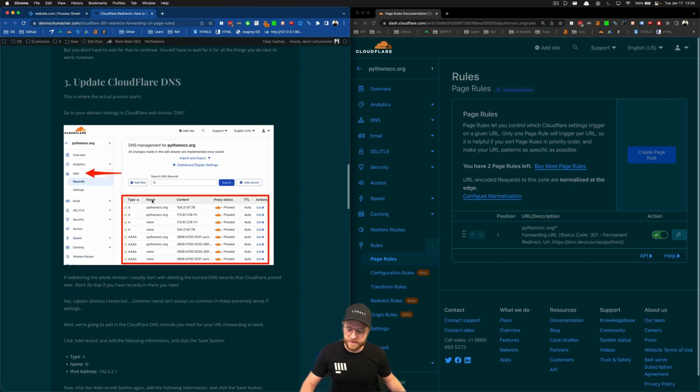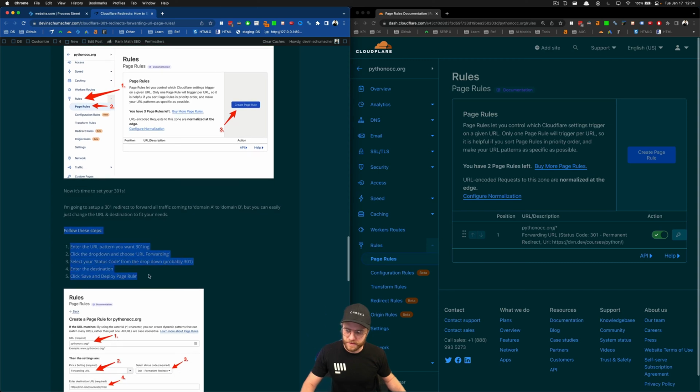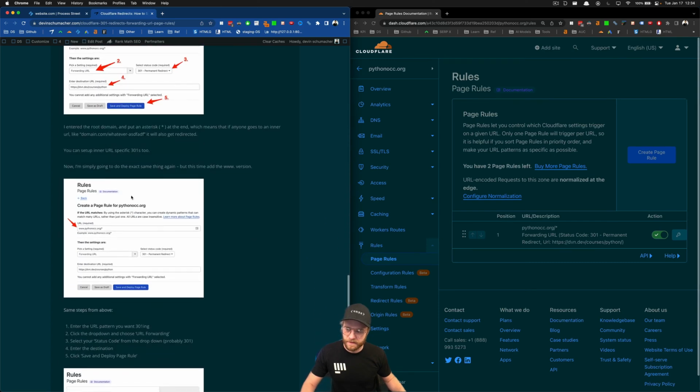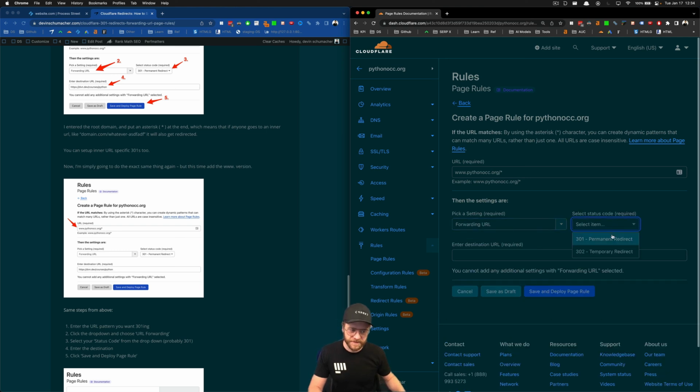And as the article says, after you've done the first one, we just followed these steps, you're just going to do it again, except this time for the www dot version. So click on Create Page Rule. And this time we're going to copy everything, including the www dot. The setting is going to be forwarding URL again, status code 301, and